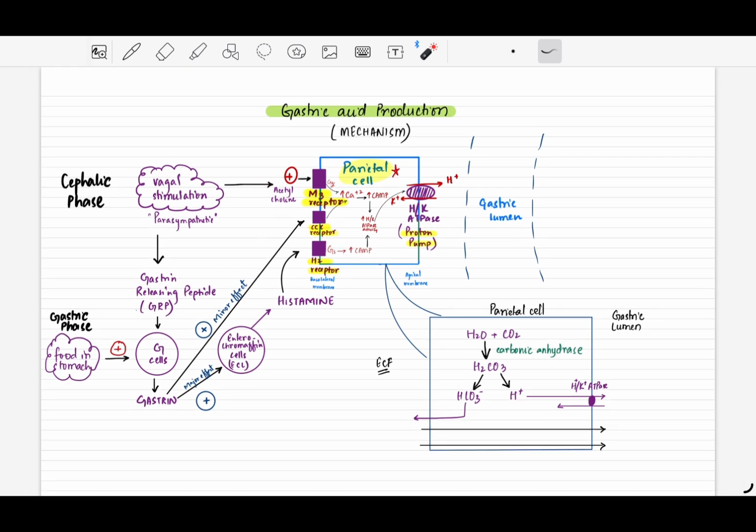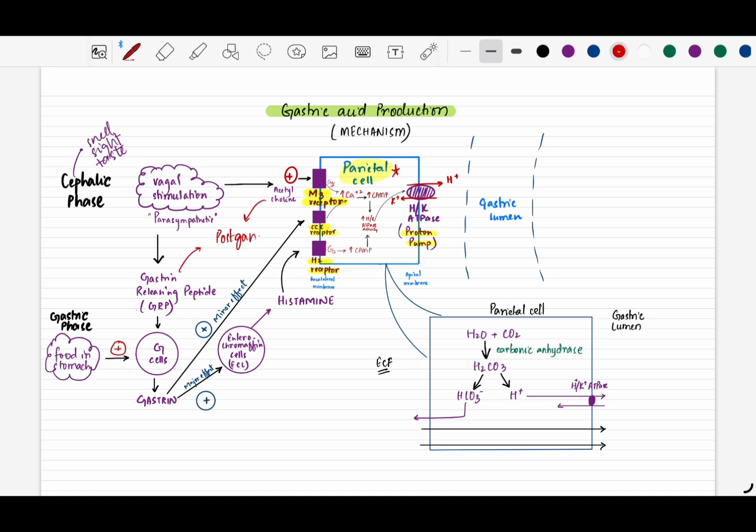Right. Let's begin to understand the mechanism by first talking about the cephalic phase. We discussed previously that the smell, sight, and even the taste of food can stimulate the parasympathetic nervous system, and this, through vagal nerve stimulation, causes the release of acetylcholine and gastrin-releasing peptide, both of which are released from the postganglionic fibers of the vagus nerve. Now, this gastrin-releasing peptide is responsible for the stimulation of the G cells. We discussed already that the G cells were located in the antrum of the stomach, and they were responsible for